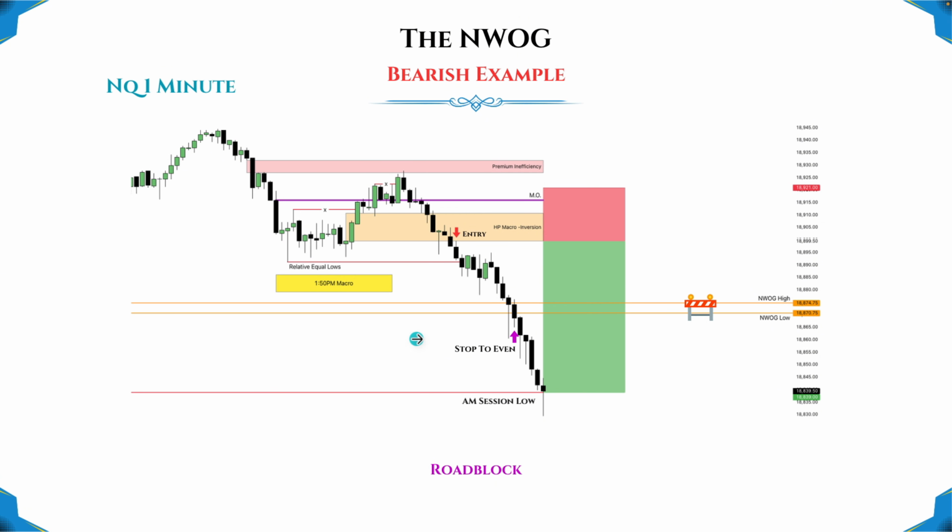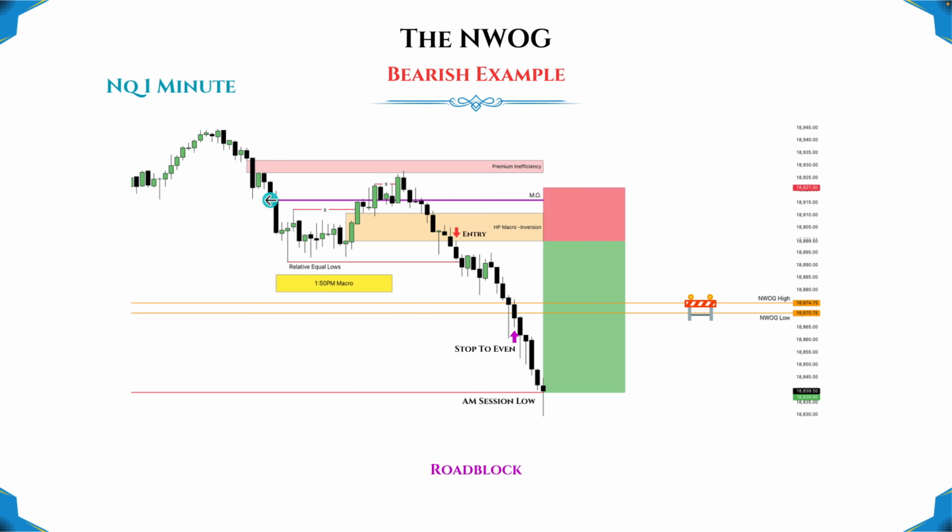You just have to be patient and wait for the macro power of 3 setup to present itself. It's not going to be every macro, but once you're patient and you know how to identify it, along with additional concepts in relation to a roadblock, for example a new week opening gap, you're going to know exactly what type of setup and what type of delivery you are looking for. So if we see the 1:50 p.m. macro,